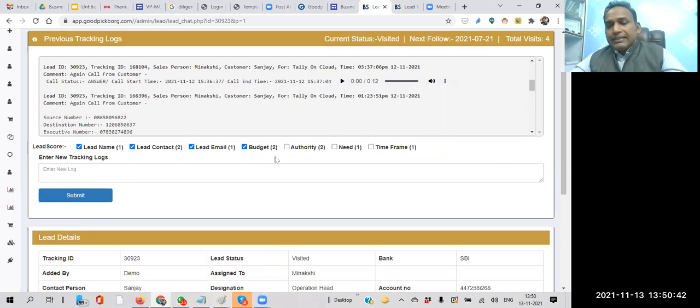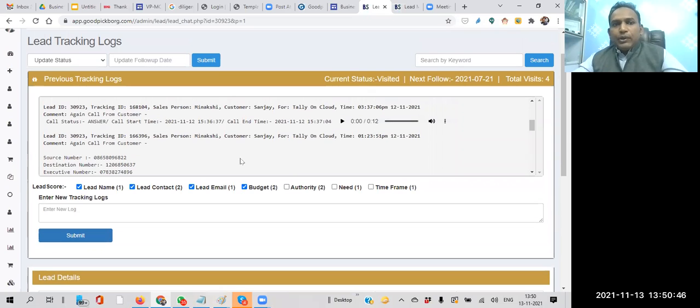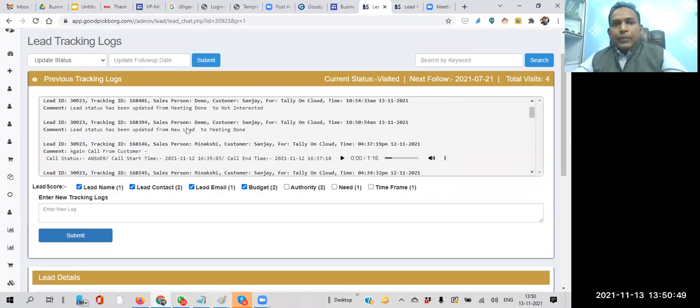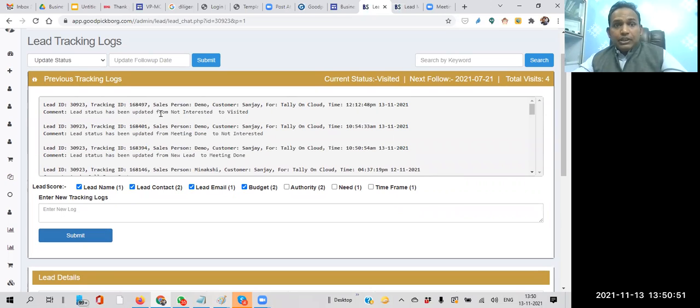So in this case, we can put a check mark over here, and we have included all this in the tracking log also. When your salesperson puts a check mark and when they remove a check mark, whatever activities are done with these lead score parameters will also be recorded in the form of text in the tracking log.